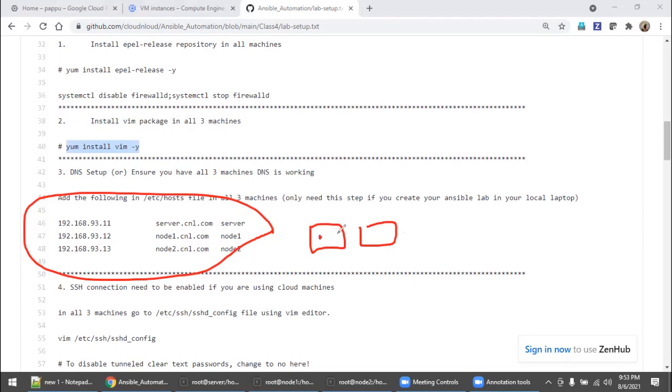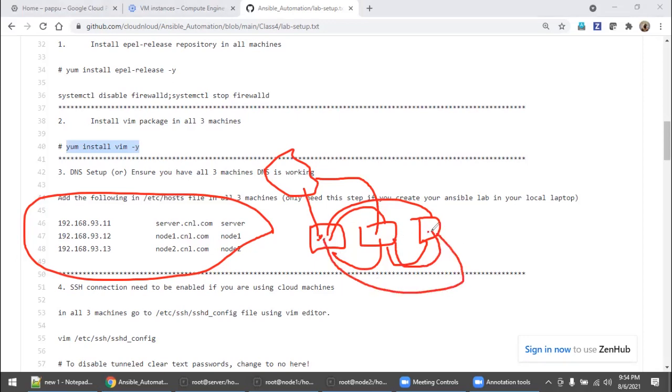So as I said, if you are setting up these 3 machines, 3 VMs on your local laptop, then ensure that if you ping from this machine to that machine, it should ping. And from each machine, even the internet should be reachable. The same rule has to be applicable from every machine. This is the basic setup with the proper domain name.